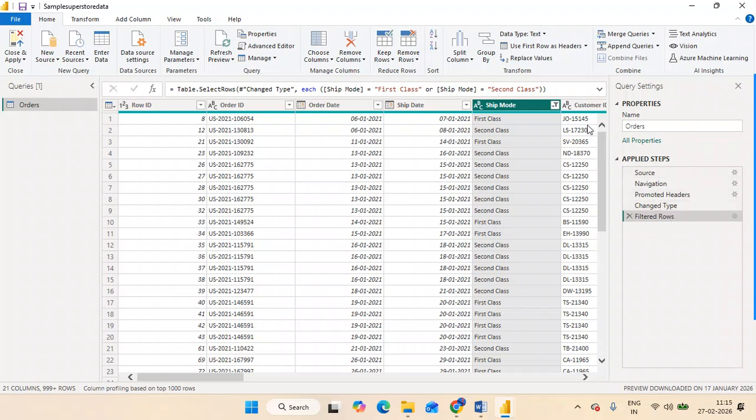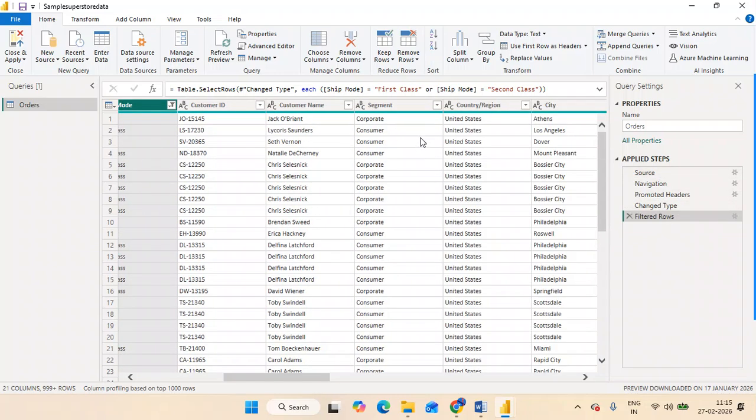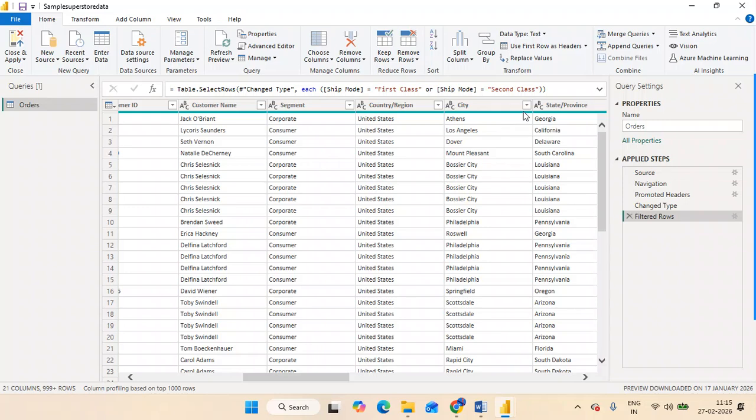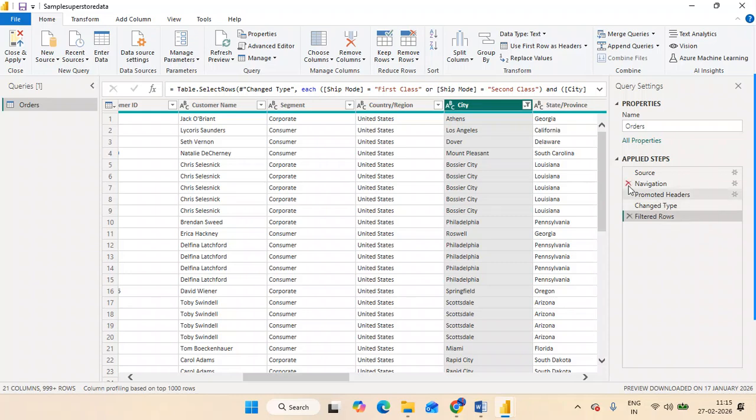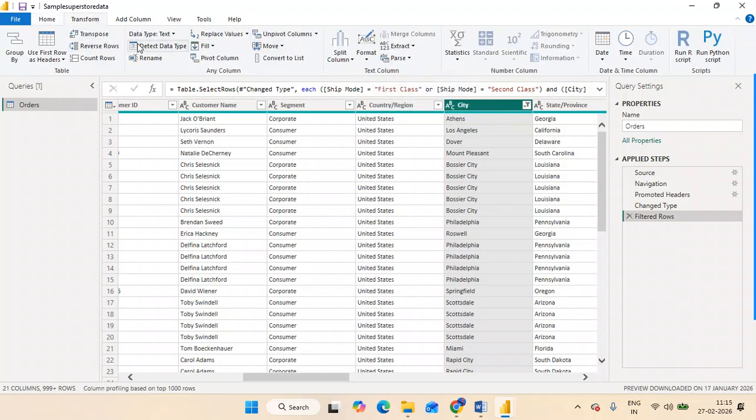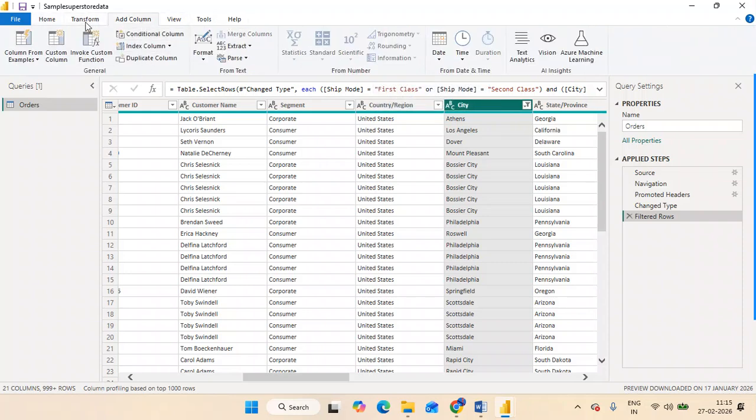For whatever changes you are doing in Power Query Editor, it is going to generate steps, which we have already seen, right? Let's say I'm just selecting and removing unwanted things, and you can see it generates one more step like this. The same with the filter step, if I want to keep something. These are all transformations, and we can do things like adding columns and other kinds of changes.